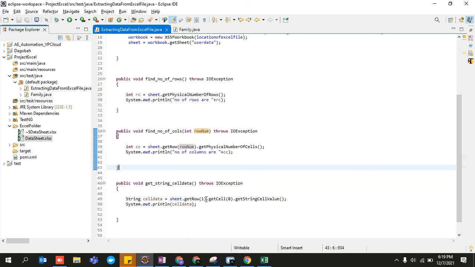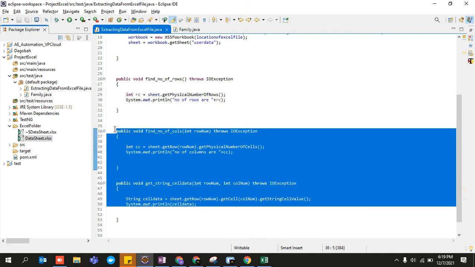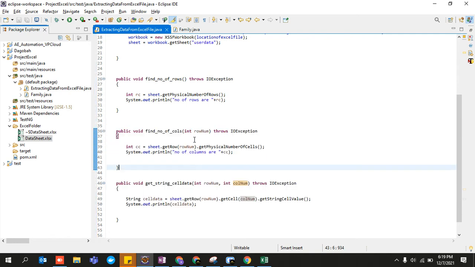Over here, I'm passing the row and column count as well. So row number, and I'm also passing the column number, that is the 0th column. So column number. I'll generalize it. How to generalize it? Pass them in the form of parameters. Row number is an integer, so int row number and then int column number. See, I have generalized it as well. By seeing the code, you won't be able to understand anything. Now I have started to hide my data. It's not hard coded, right?